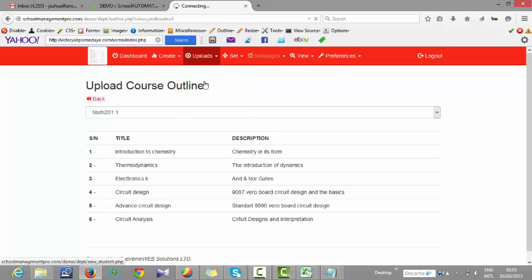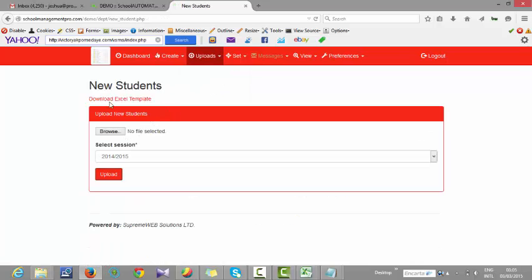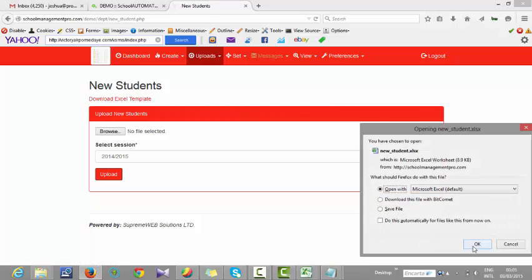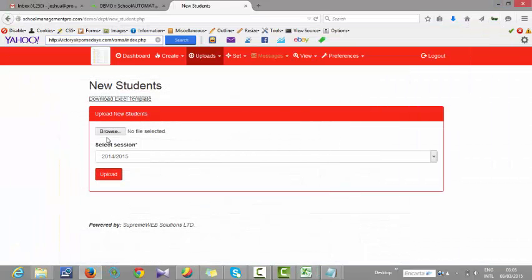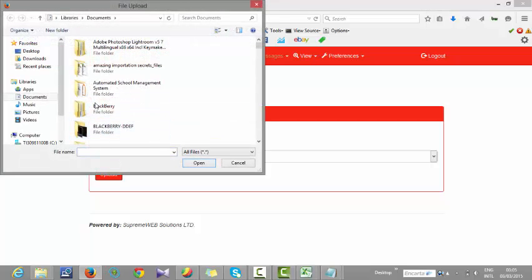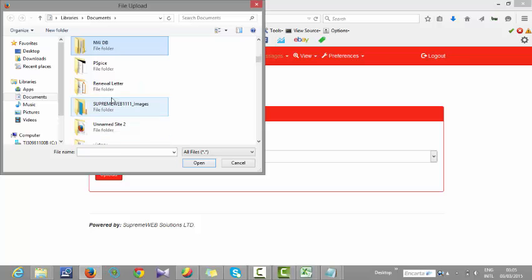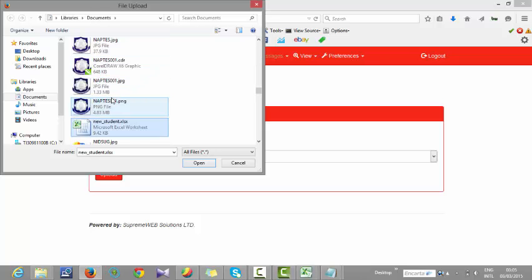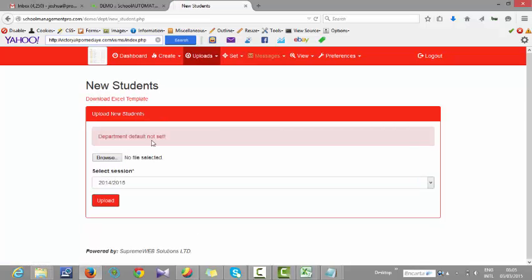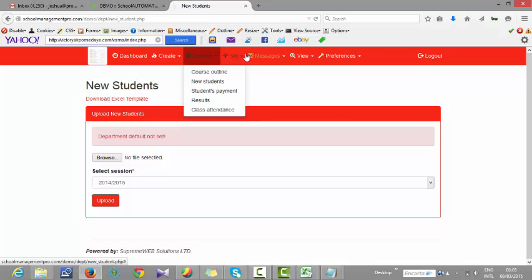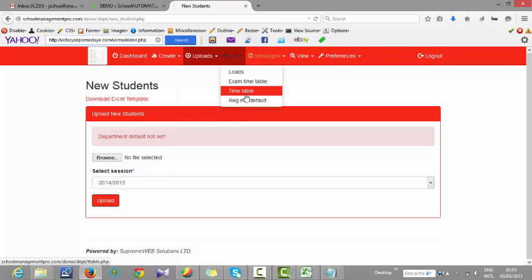So new students will not flow yet. You can also still view the template, new students. Of course, we said it's the first and last name. So you just try, we will still have the error since we've not set our default yet, our default record number, since we are only populating the first and last name of the student. We say they are U214, U215. I see, it says department default not set, so to set it, now go down to set here,